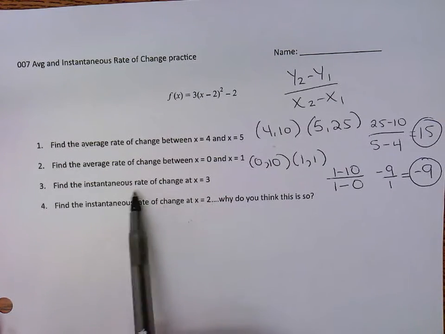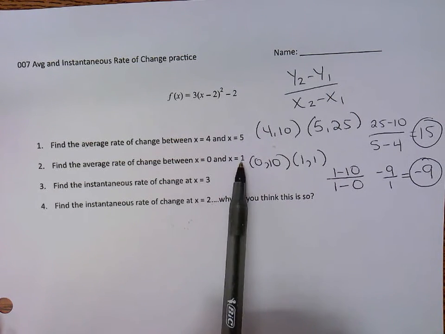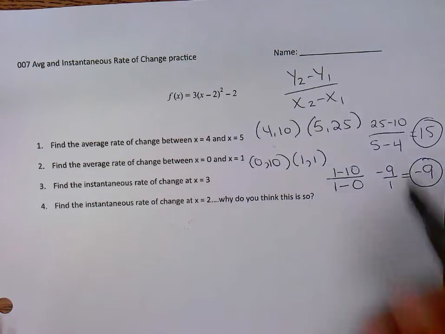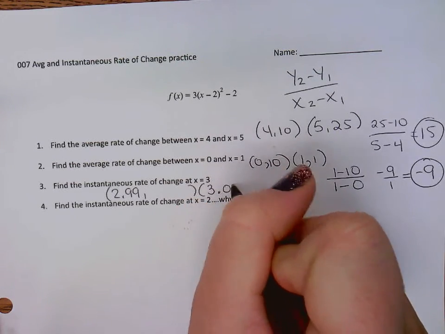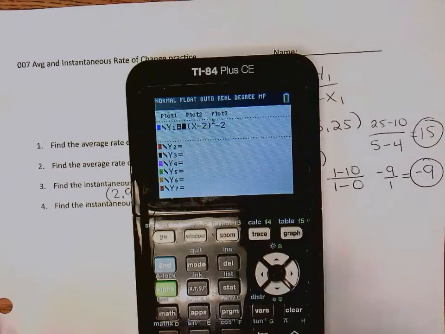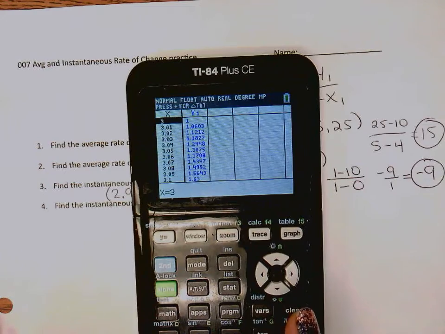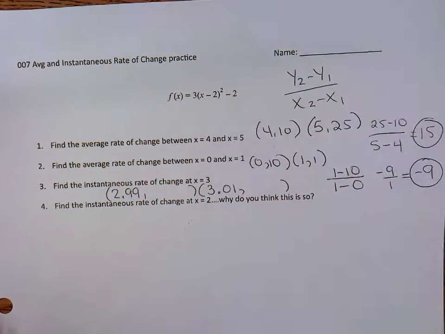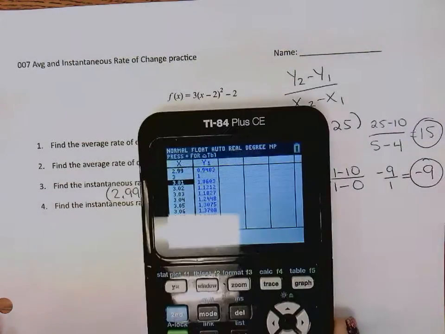So now let's do instantaneous rate of change at 3. Remember, instantaneous rate of change, if we don't have 2 points, like x being 0 and x being 1, we have to make up our own points. So we're going to use the points 2.99 for x and 3.01 for x, and we're going to figure out our y values. So in your table, you're going to go to table setup, start at 3, and count by 0.01. Second table. So at 2.99, my point is 0.9403, and at 3.01 in my table,